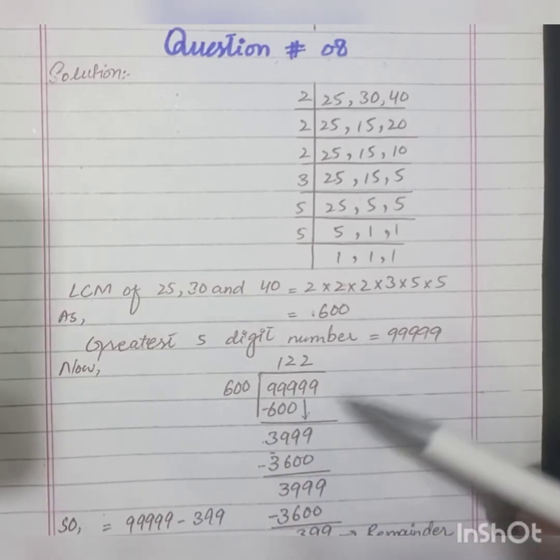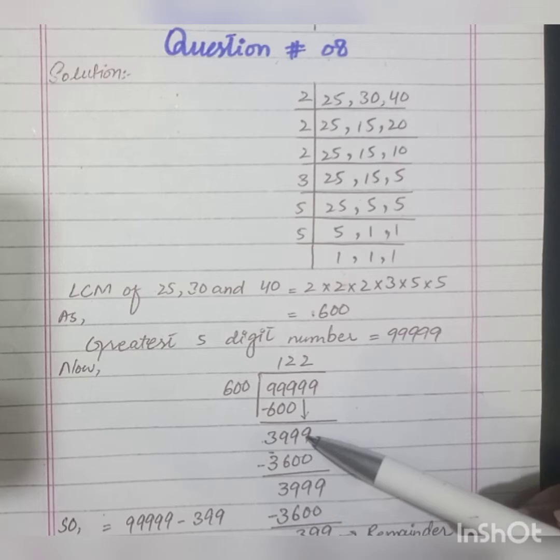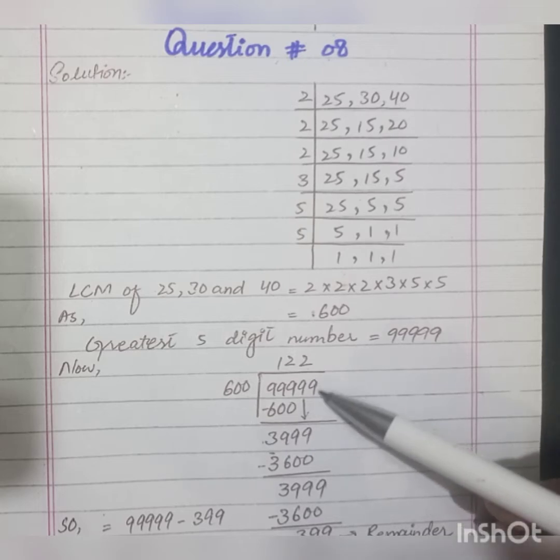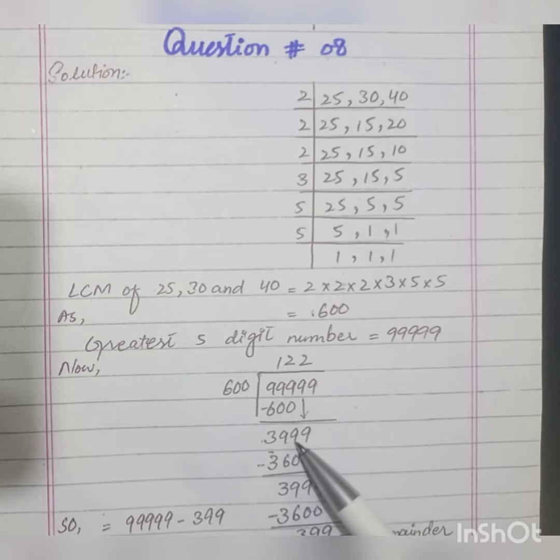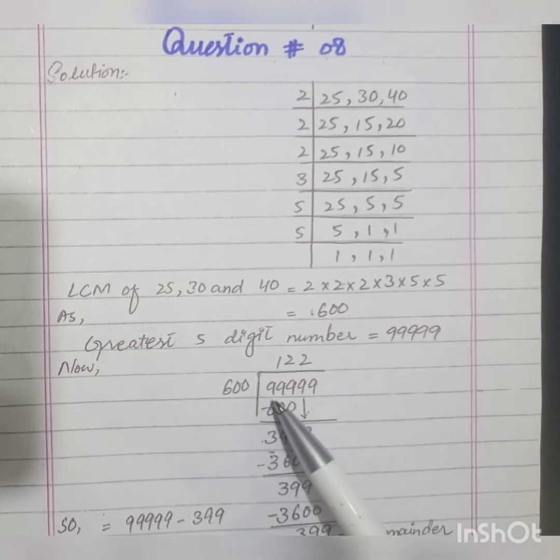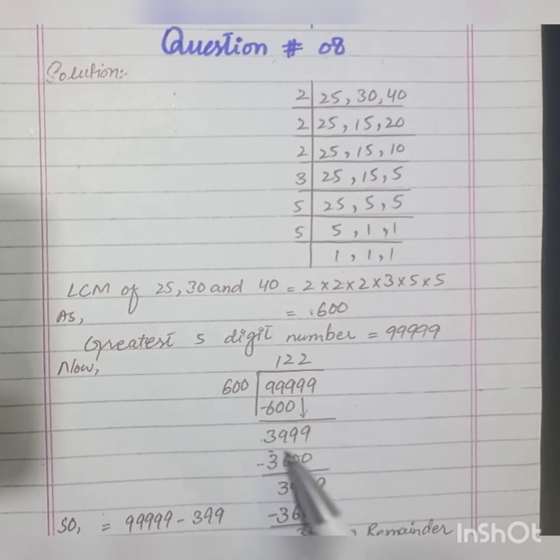Students, here for subtraction I have written only 9 down here, and the 9 digit present in the unit place I brought down later. So 9 as it is, and after subtracting 0 from 9 the answer is 9. Also subtract 0 from 9, the answer is 9. Now subtract 6 from 9, the answer is 3.